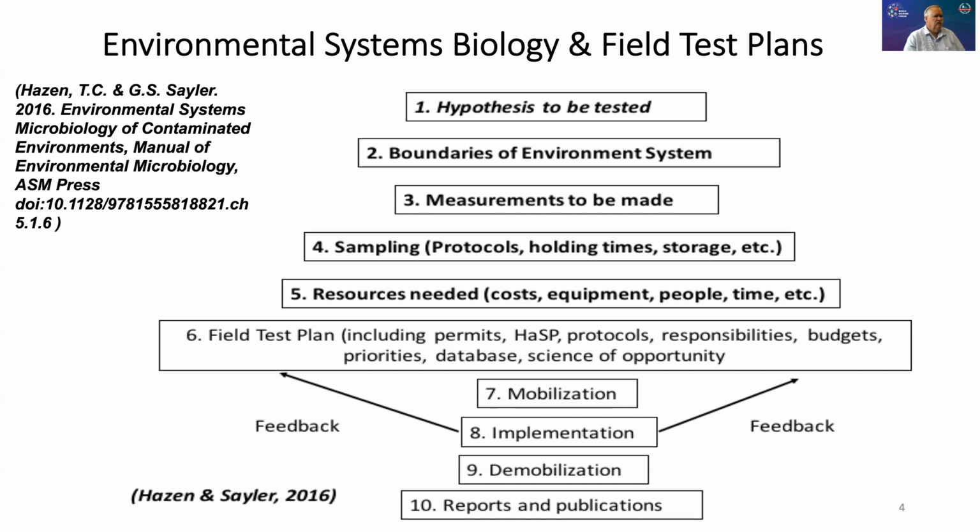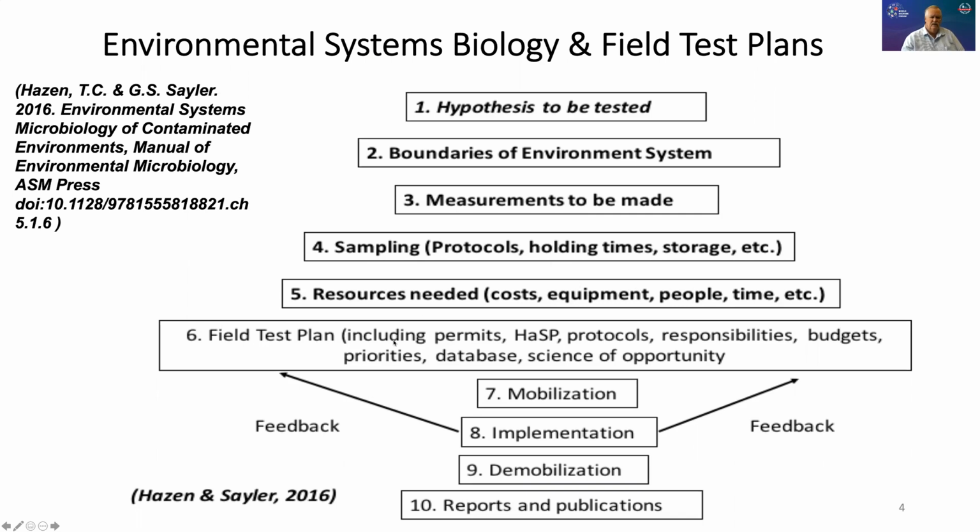My friend Gary Saylor, one of the previous recipients of this same award, and I published a review in Environmental Systems Biology and Field Test Plans in the ASM Manual of Environmental Microbiology in 2016. Basically, we showed that there needed to be a plan with hypotheses to be tested, defined boundaries of the environmental system, measurements to be made, sampling protocols, holding time, storage, etc., and then resources needed: costs, equipment, people,